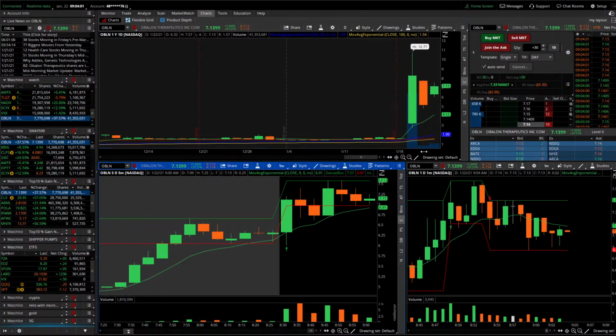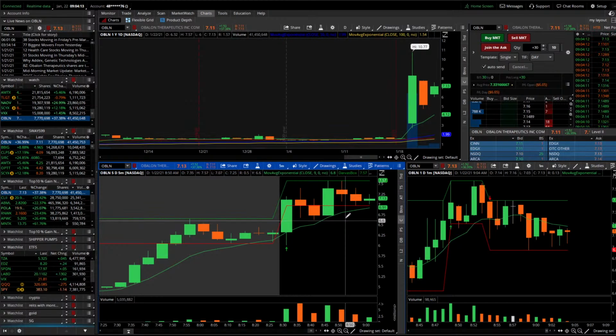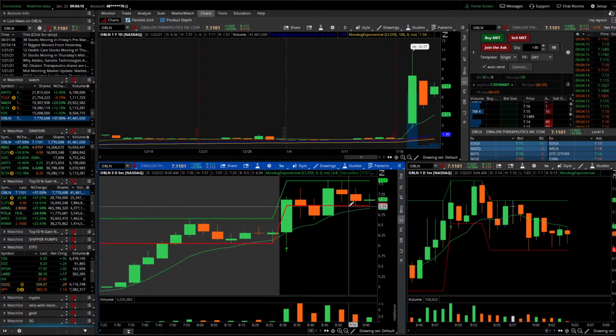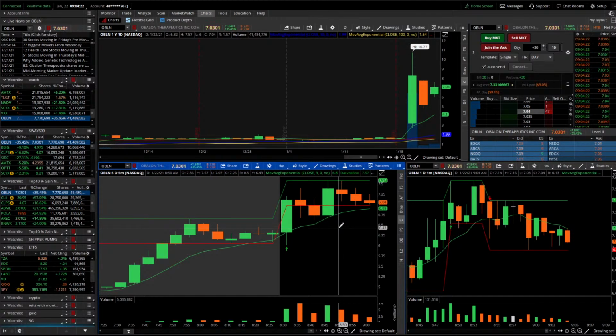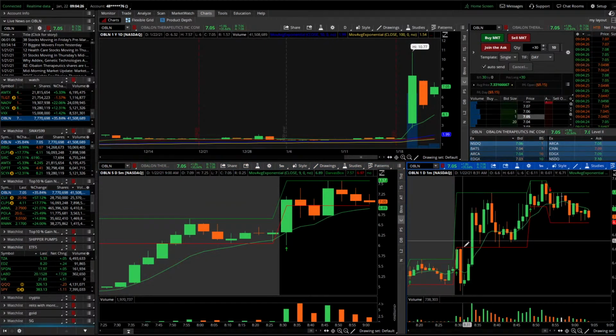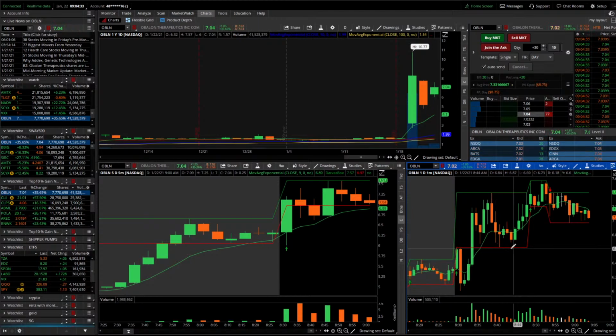And it has lots of volume. It's got 41 million in volume so far this morning, so a ton of volume on it. The Darvas indicator, that's something new I'm experimenting with, so I'm not going to be able to give you the best explanation of it. But basically, it has to do with the price action of the stock in these boxes. So these boxes kind of act as